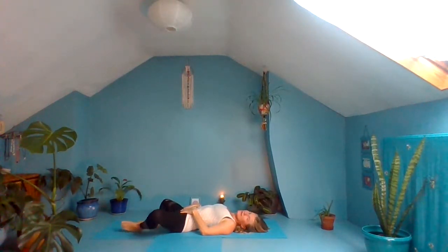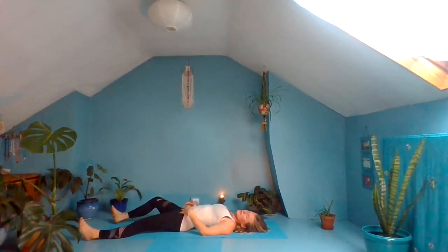And then sliding the legs away. Let the feet come out to the sides. Let your palms face up. Coming into Shavasana. Bringing your awareness to the soles of the feet, releasing, relaxing all the muscles in your feet, your heels, your ankles, your calves and your shins,